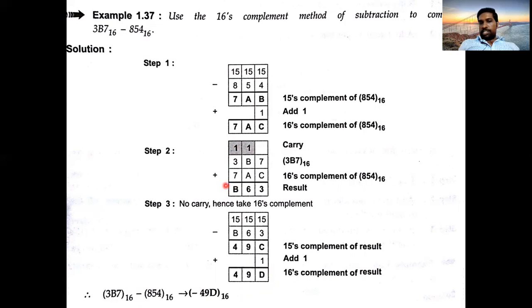So when you perform the addition, here we are not getting any carry. Carry is not generated finally. So the answer will be in negative form. Carry is not generated, so it is in negative form. Now the answer will be in 16's complement form. If you want your original answer back, take this result and find the 16's complement again, you will get the original answer. So it is negative of 490.